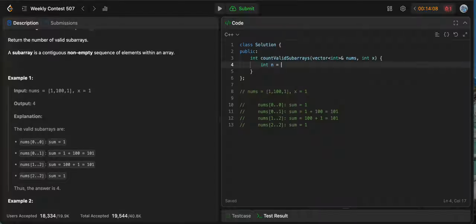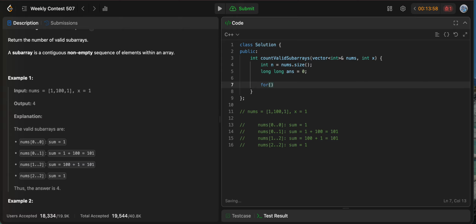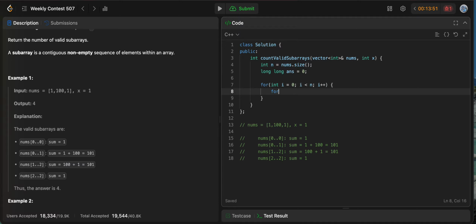Int n is equal to nums.size, and long answer is equal to 0. Now start from every int i equal to 0, i less than n, i plus plus. Now int j equal to i, j less than n, j plus plus.